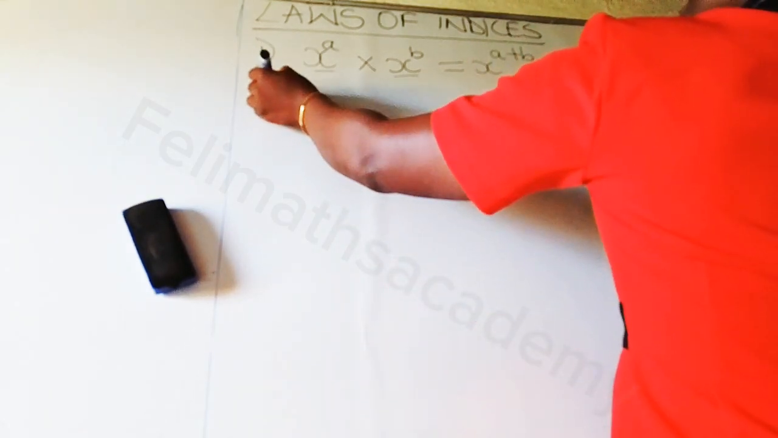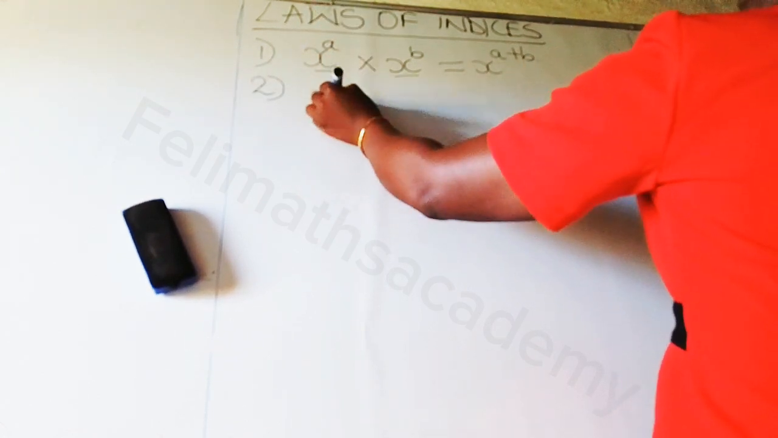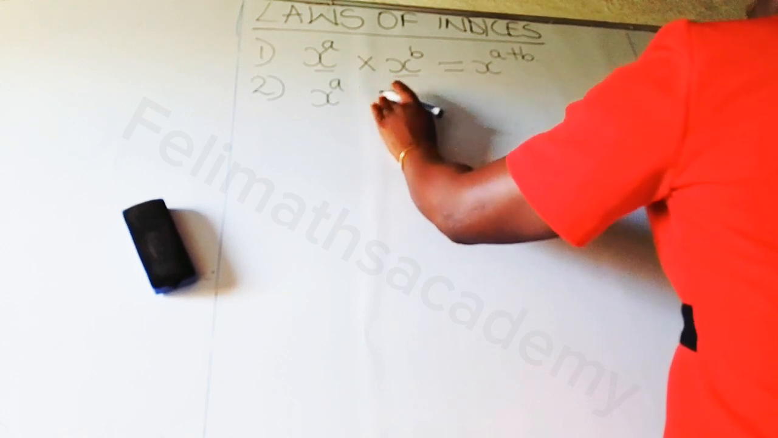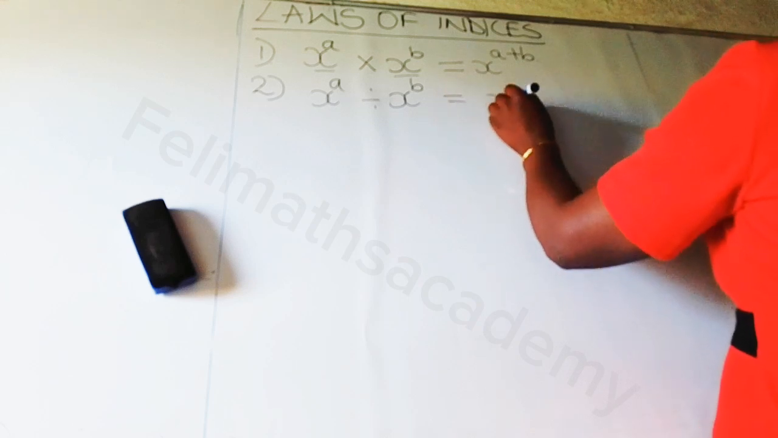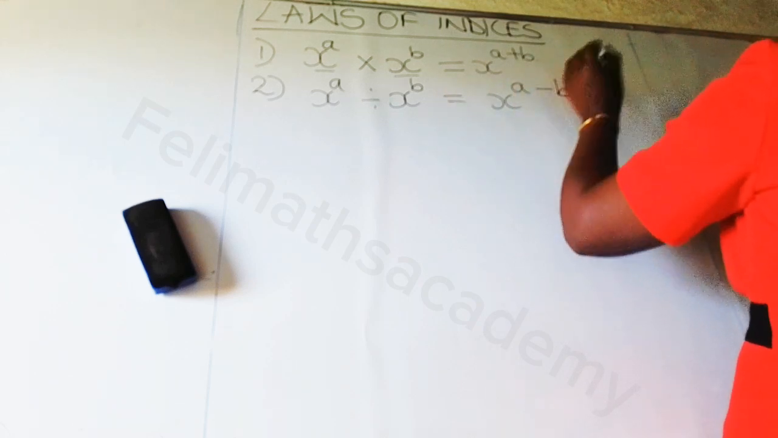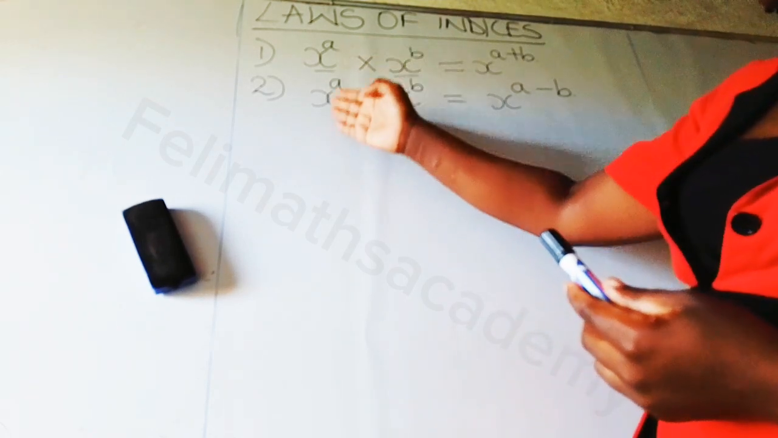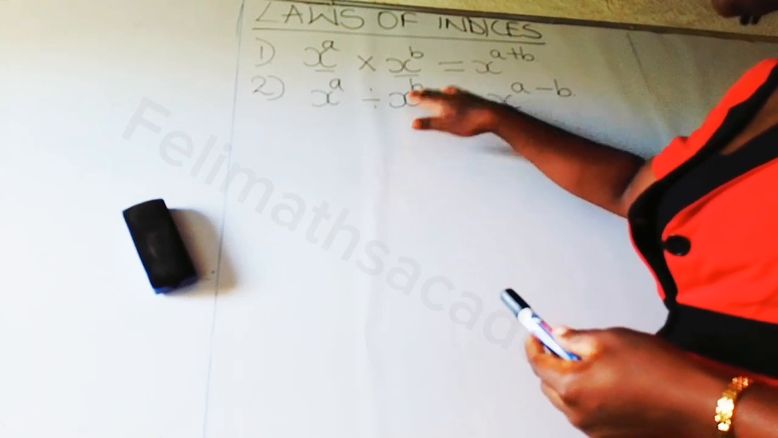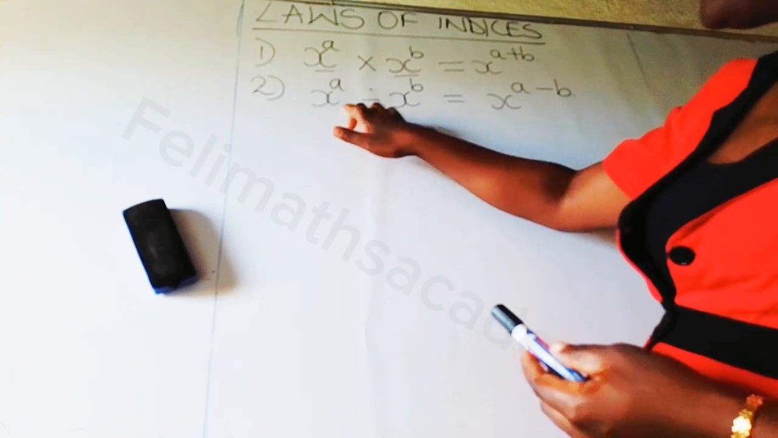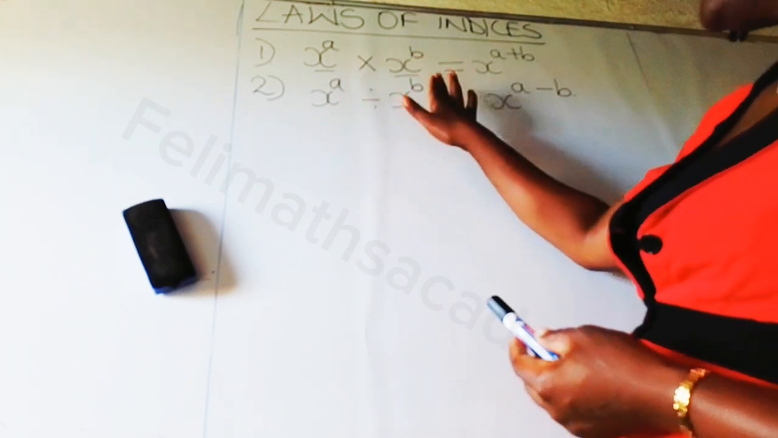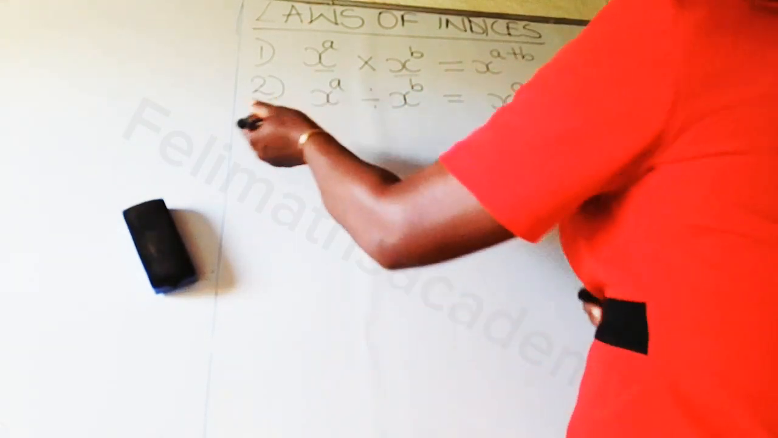And we have the second law. This is number 2. If we have x to the power a divided by x to the power b, this is equal to x to the power a minus b. If we have two terms, and those terms are indices, x raised to the power a divided by x raised to the power b, we have a division sign, and the bases are the same. We subtract the powers. So it's x to the power a minus b. Then the third law,